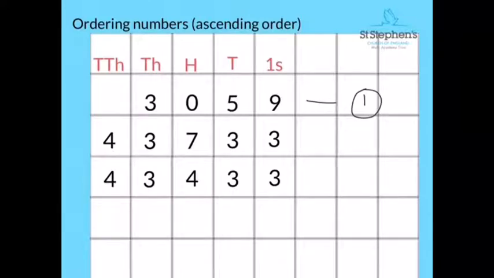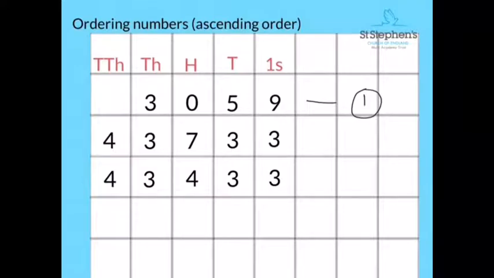Okay, now I'm going to use the place value to try and help me order the remaining 2 numbers. I'm going to start, as I did before, with the largest place value, in this case the 10,000s. 43,733 has 4 in the 10,000s. 43,433 also has 4 in the 10,000s, which means we cannot use the 10,000s to order the last 2 numbers. So I'll move to the next place value down, which is the thousands column. 43,733 has 3 in the thousands column. 43,433 also has 3 in the thousands column, which means we can't use the thousands to help order the last